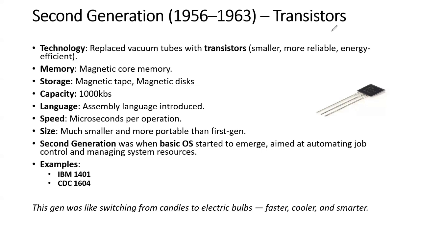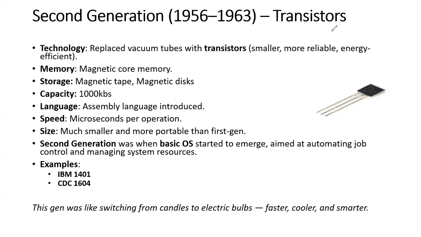We understood that in the first generation of computers, there were vacuum tubes. There were no monitors, and the speed of the computer is in milliseconds, so it is like 10 power minus 3 of a second. There were a lot of performance issues in the first generation, and the technology was a little bit slow. Now, coming to the second generation,